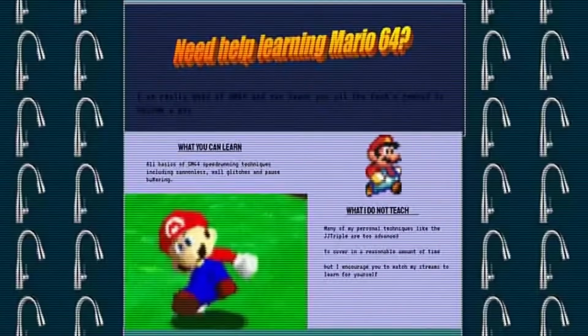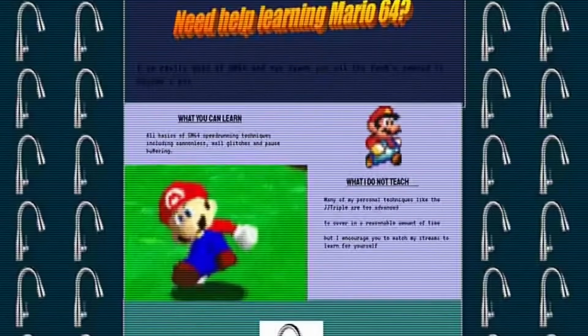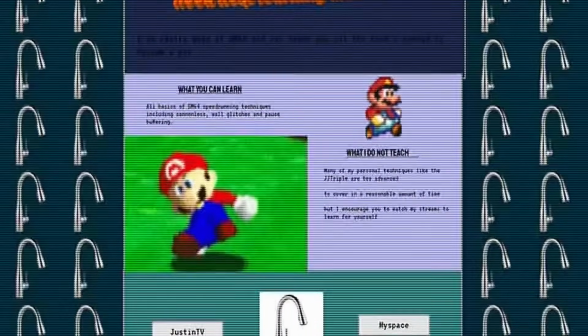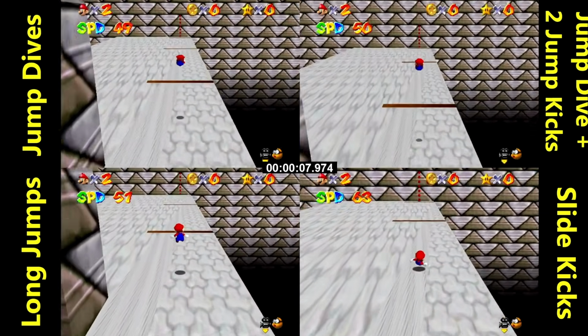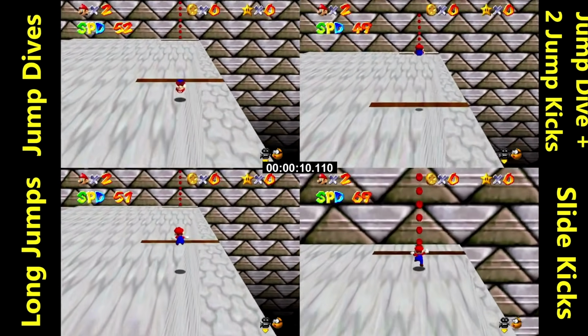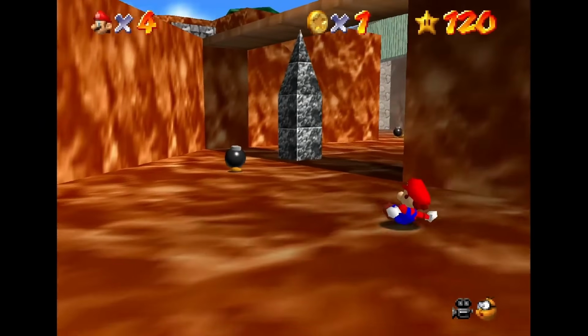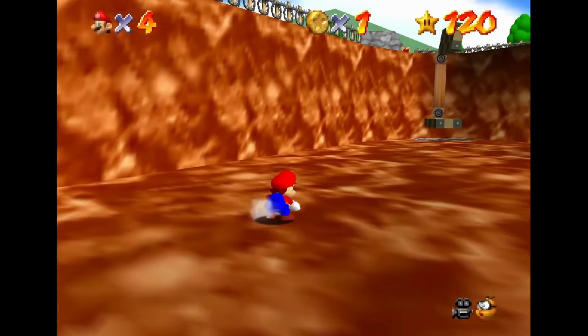And beyond that, JJ's knowledge of how the game worked seemed to be on a different level entirely for the time. Today, with all the extensive knowledge we have, we do for example know that precise slide kick cancels could actually conserve and even gain speed, but JJ was already using the strategy back in 2010.